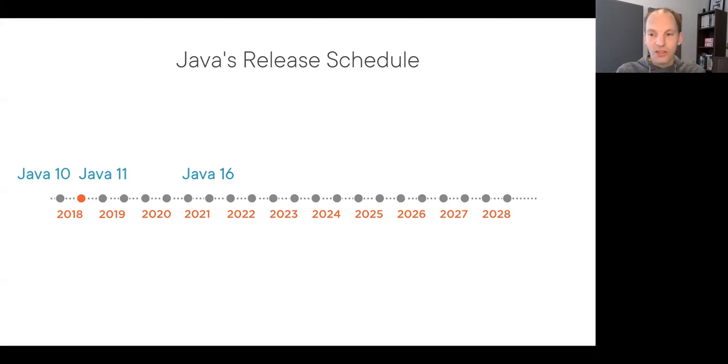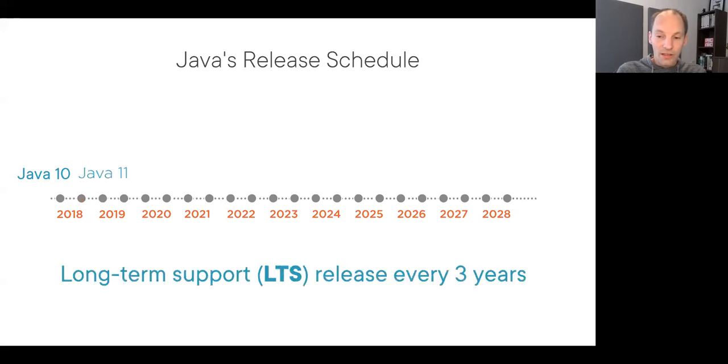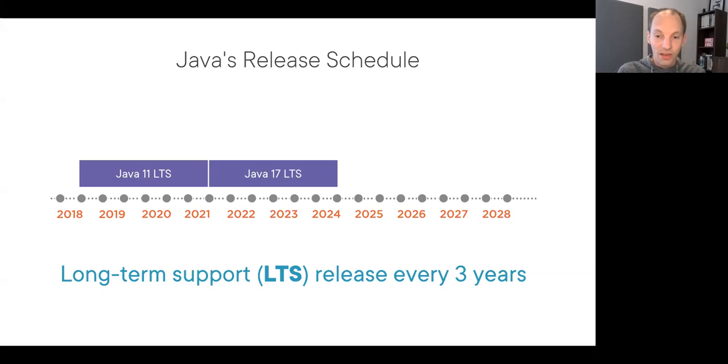Now, I already mentioned that Java 11 is somewhat special with respect to the other releases that have been made of Java. And that has everything to do with the level of support for a version of Java. Now, Java 8 has been a long-term supported version by Oracle, and Java 11 is the next long-term supported version. That means that these long-term support versions are actually available for you to use for a longer time than just the 6 months between the releases of other Java versions that we talked about. And after Java 11, the next LTS release will be Java 17.